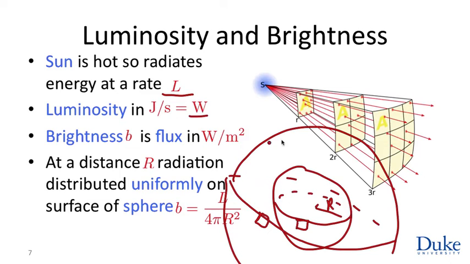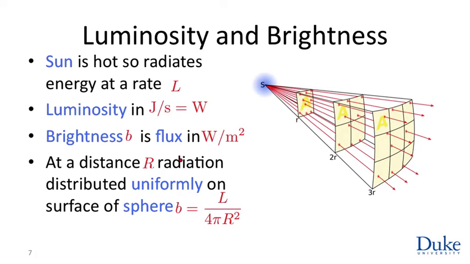All of the sun's rays pass through this sphere, and all of the sun's rays a little later pass through this sphere as well, so the net total amount of energy passing through each sphere is the same, but the total amount passing through a fixed detector decreases because the spheres grow larger, whereas the detector does not. Mathematically, the statement is that at a distance r, the radiation is distributed uniformly on the surface of a sphere, so the energy per second received by a square meter of detector will be the luminosity divided by the surface area of a sphere across which the radiation is spread uniformly. And so the sun's energy is diluted by a factor of r squared as it travels out into space.